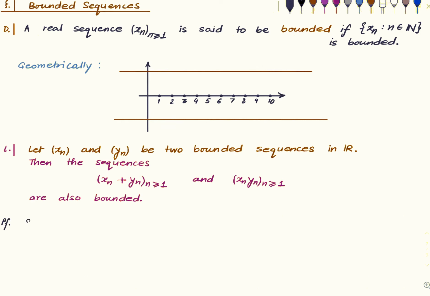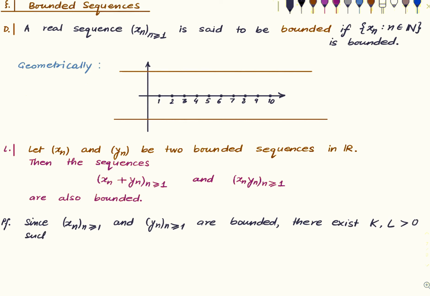So since xn and yn are bounded sequences, there exist k and l such that, for all n,